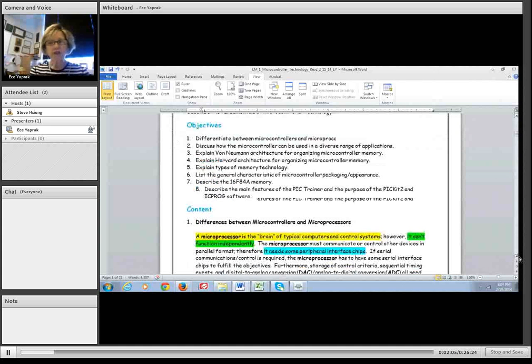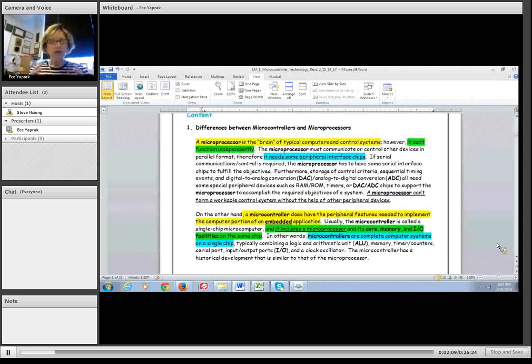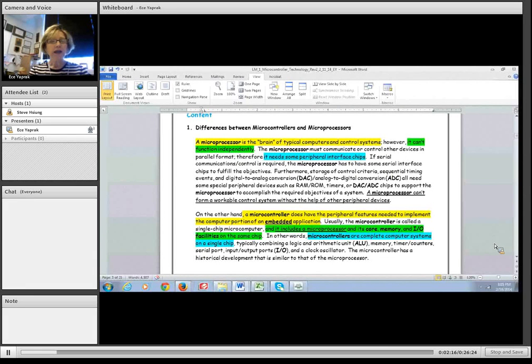As a review, let's take a look at the difference between microprocessors and microcontrollers. Again, the assumption is you worked with them some time ago. As you know, a microprocessor is the typical brain of the computer, but it needs other peripheral devices. A microcontroller, on the other hand, has all the features, all the peripherals needed for someone to actually design an embedded application. So along with the microcontroller, in one chip, you also have memory, I/O facilities,